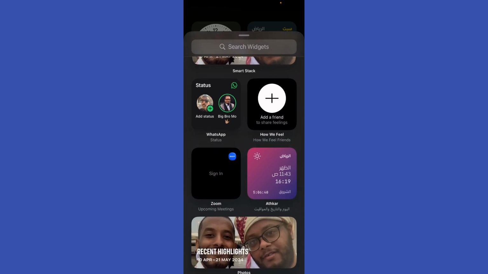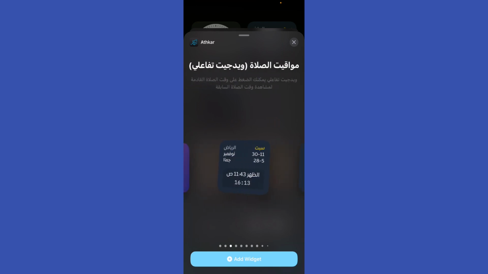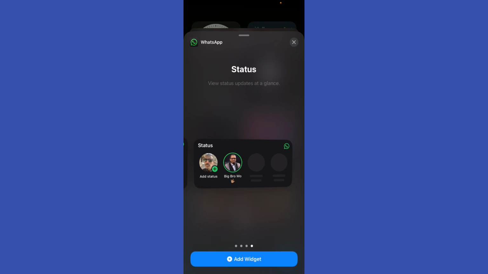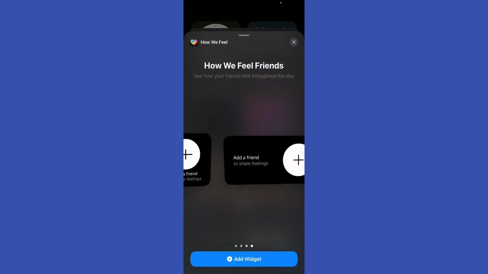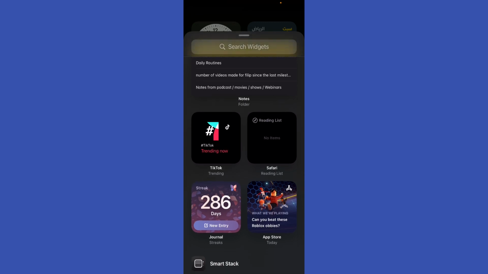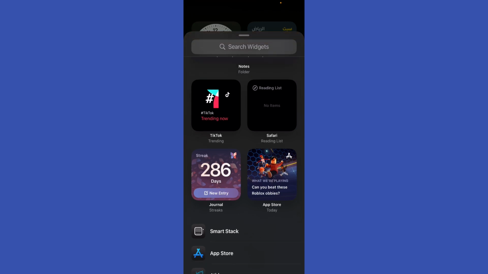Okay, let's say for example I want to add this one, right? I'm gonna be able to swipe left, and as you can see right here, you're gonna see interactive widget, right? You might not see it because it's in Arabic, but let's say for WhatsApp, right? You can see right here status, chats, and you're gonna be able to see that for this app, for example, right? And you can scroll over that to the available widgets that support interactive widget, right? Widgets on iOS 18 support interactivity for quick actions such as marking tasks as done or controlling media playback directly